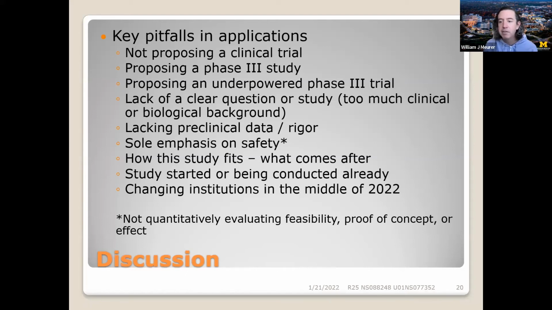So there may be safety endpoints that are important, but we really worry about a study where we can look at it and say, yeah, I know they'll meet that bar. The study will show that this is safe, but then what do they do next? So again, if that's the head scratcher for you,